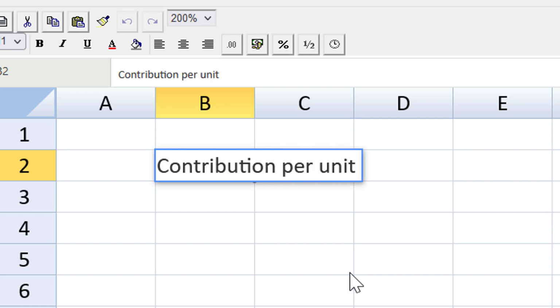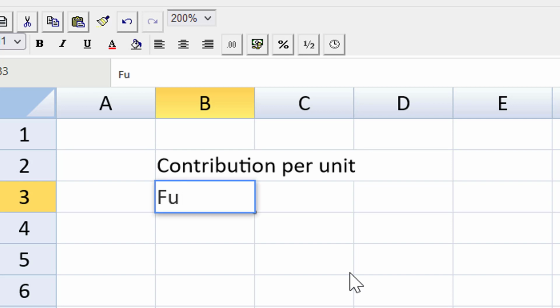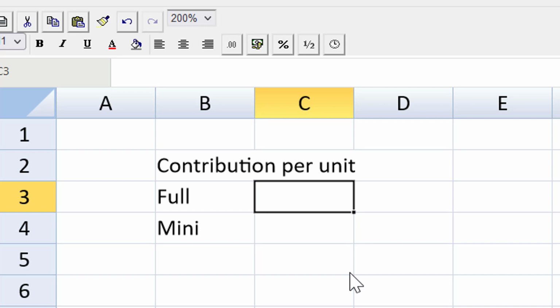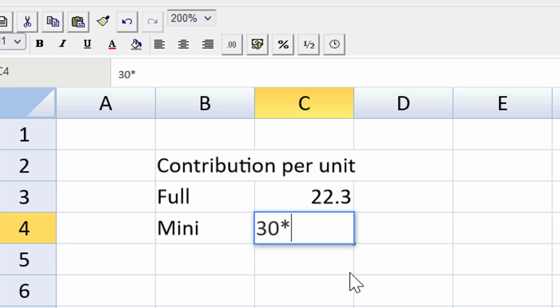And we have two products, don't we? We've got a full Valet and a mini. And we have the CS ratios, right? So all we have to do is multiply for the full. That's going to be equal to the $50 multiplied by 44.6%, 0.446. And the mini we sell for $30. We multiply that by 55%, 0.55, and I forgot the equal sign,